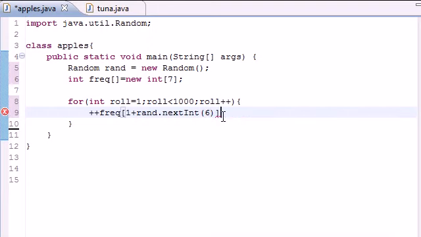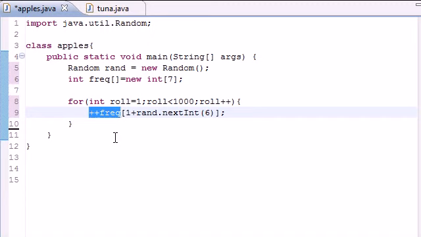Now let me show you guys what this does. This is the most important piece of code in this entire program, and let me break it down from the inside out. This is going to give you the numbers 0 through 5, as you should already know. What this 1 does is shift it all over so you get the numbers 1 to 6 instead of 0 through 5. So if you're saying, alright, what's this then? What this does is add 1 each time that this hits that number. So for example,